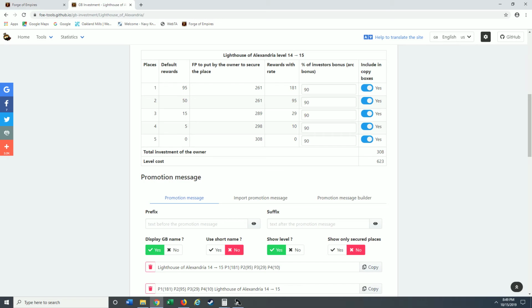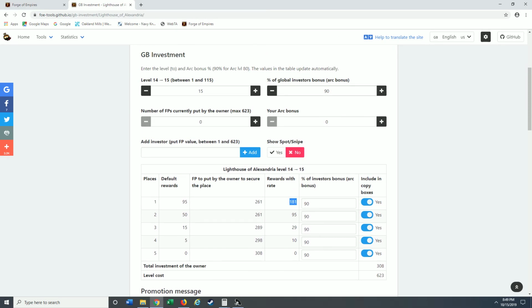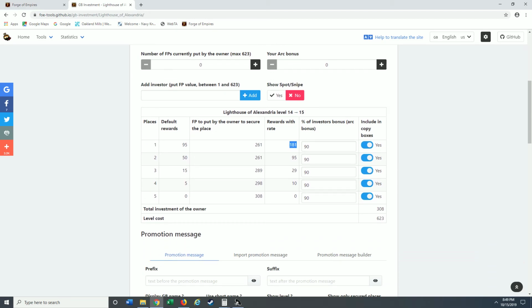for this great building. So if we look across, we see first place, the base FP reward is 95. The base FP reward multiplied by this 90 gives us 181. So that's the reward the person who locks first place will get once that building levels. In order to